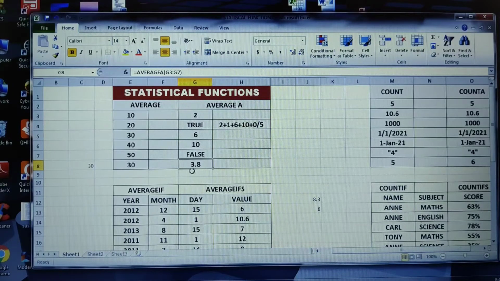How did I get 3.8? The first value is 2, TRUE has been taken as 1, then 6 and 10, and FALSE has been taken as 0. When you add these and divide by how many we have here, 5 arguments, I get the AVERAGEA of this as 3.8. I hope you are understanding.